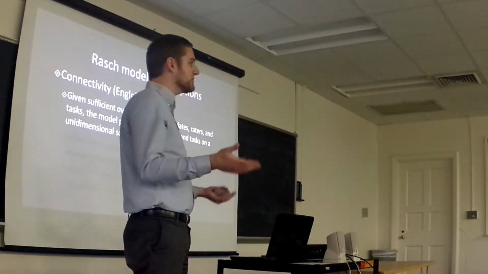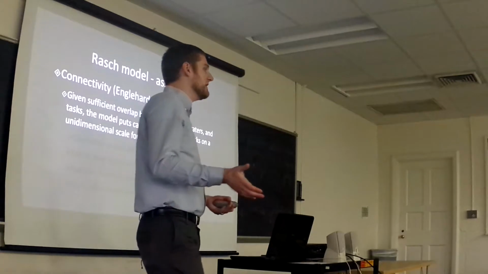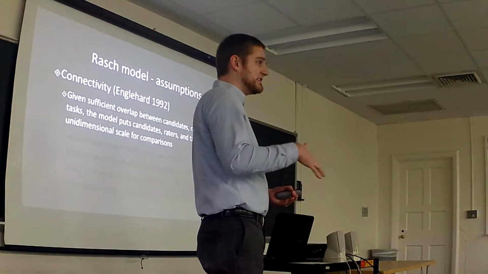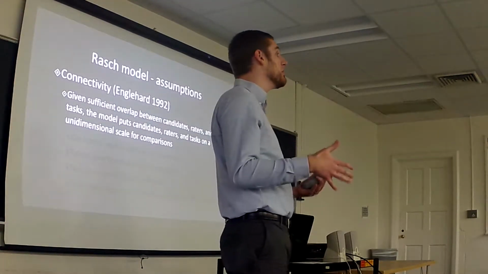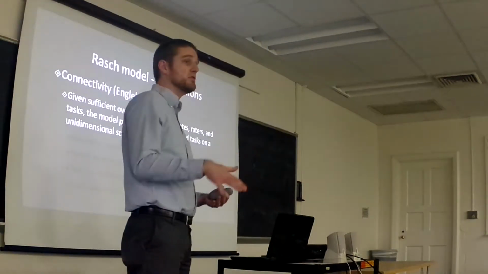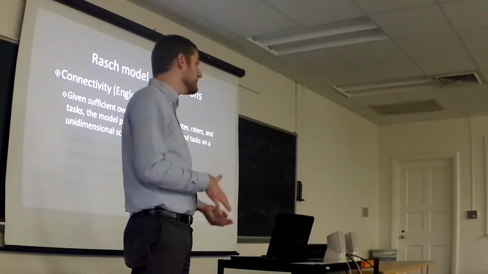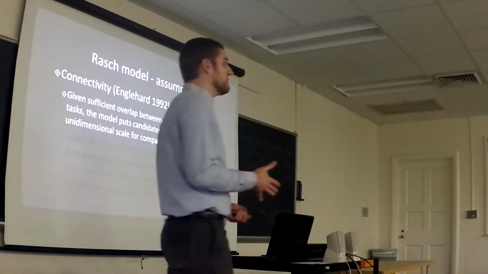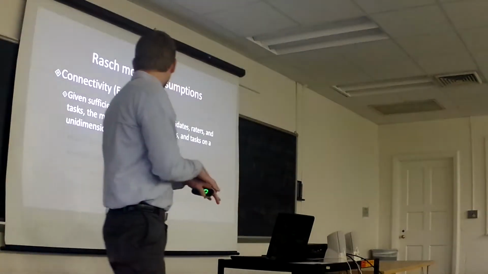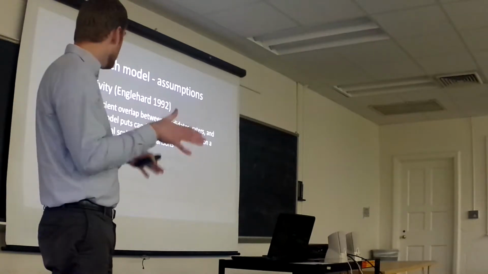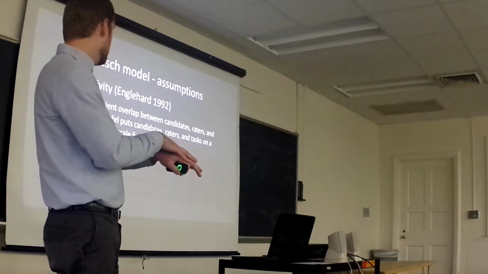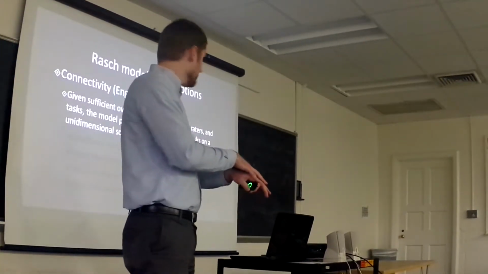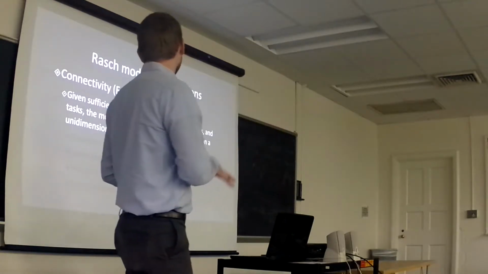So each person gets a minimum of 16 total sub-scores from a minimum of 2 different raters, ideally 3 or 4. When there's sufficient overlap between the candidates, raters, and tasks, and I'll explain what that means a little more in a minute,